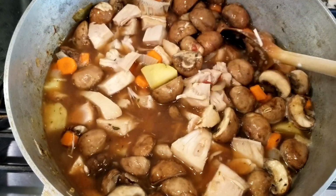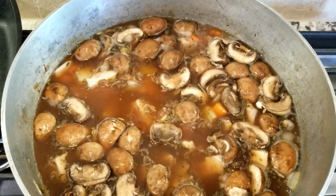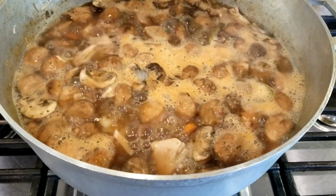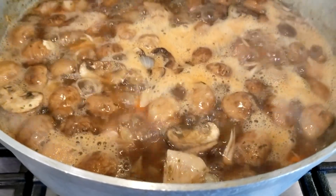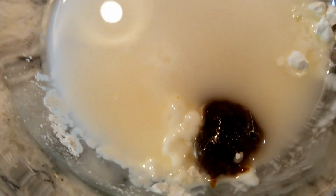And I added a couple of bay leaves, and you want to add bay leaves. It will add a nice woodsy flavor to the stew, and it will taste like it was cooked for hours. And the total cooking time is 20 minutes, but after 15 minutes I created a cornstarch slurry with 4